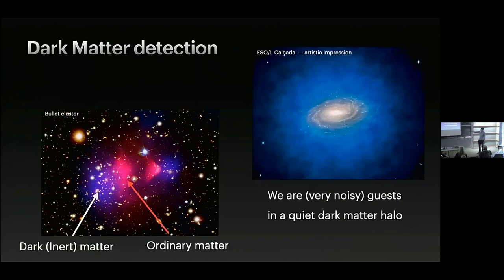So the fact that there is mass in blue, which has been unaffected by this collision, and that the mass that we can see in red has been affected by the collision and slowed down, tells us that dark matter was there, and it's some inert gravitationally interacting particle. Okay,